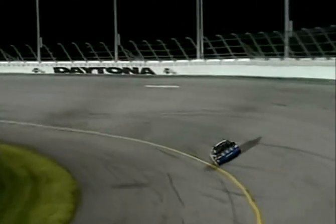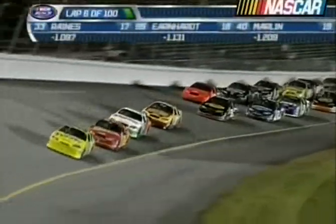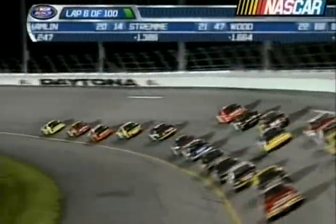The field coming out of turn 4. Mayfield just jumps up on the track between turns 1 and 2. Menard leads. Harvick in second. Yeley third. Vickers fourth, and there's the 8 of Truex, the 81 of Earnhardt Jr., and Clint Bowyer in the 2. Truex falls in front of Bowyer, and now Earnhardt leads the outside lane. And poor Junior is just